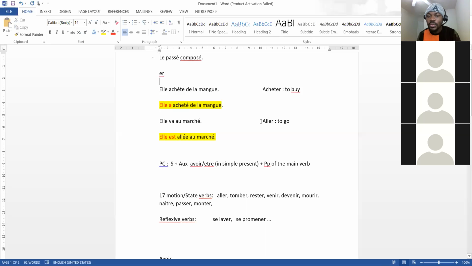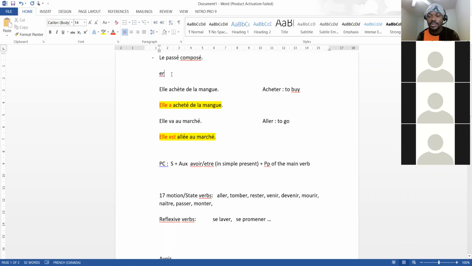But we were told that aller is not a first group verb. It is the only one in the family of verbs that ends with er and does not belong to the first group because of the way it is conjugated. It's quite different. It's not something I need to go into today. It's the basics of understanding that we've treated. Acheter, aller. But in this context of past tense, all verbs that end with er